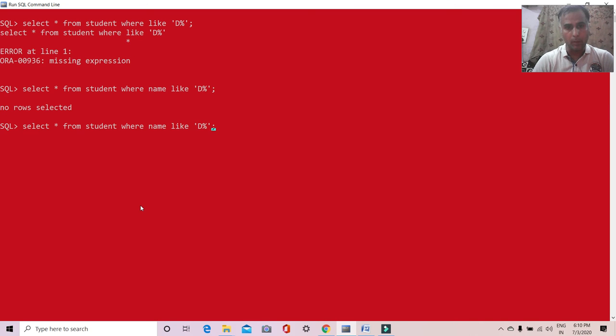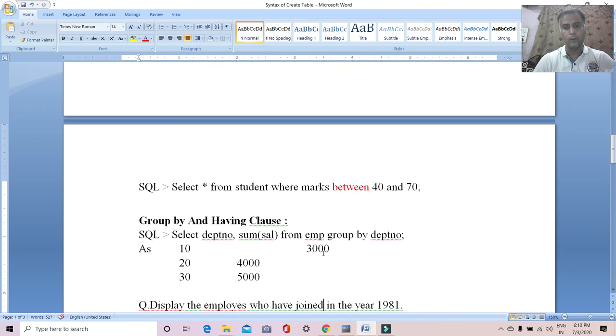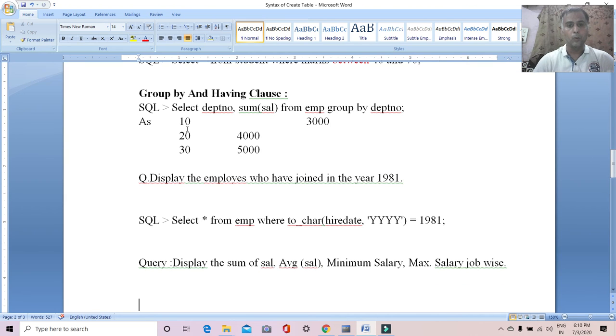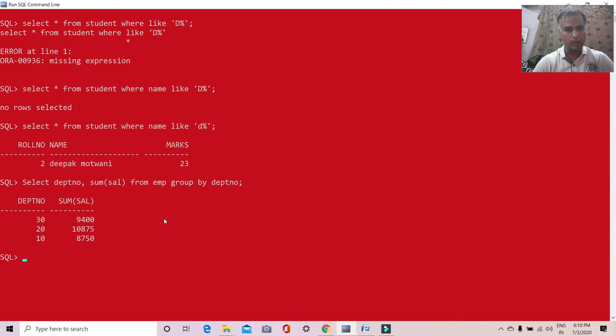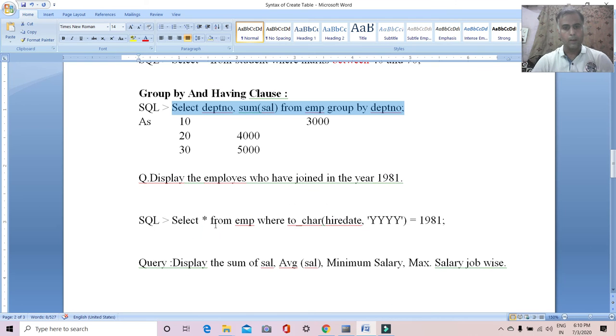So what is the problem? Maybe the small letters, so we have to use the small. Then finally we will find out the name, through which we can easily understand all the things which are important. So between operator we can use it, group by having condition we can use it. So if I write the query, suppose select this department number, I just copied it to understand this query. So run it. So finally we will get the result. Further, if I check the conditions, we can do it.